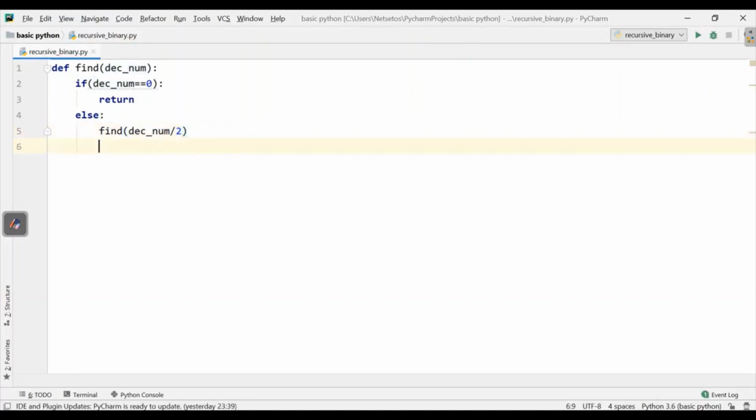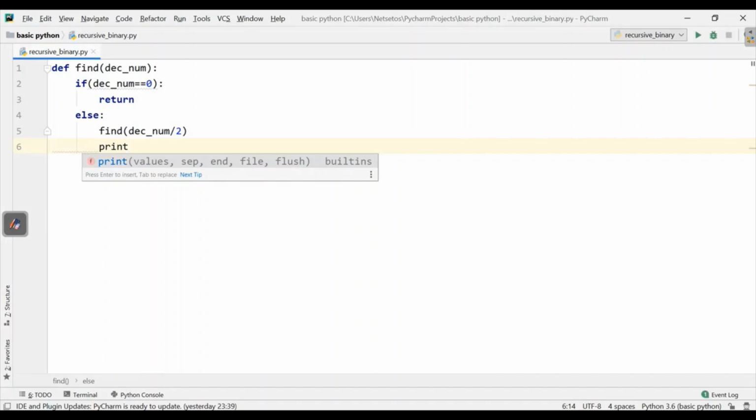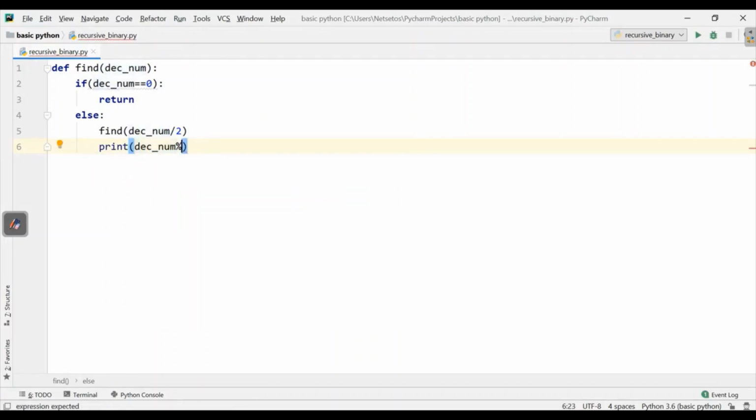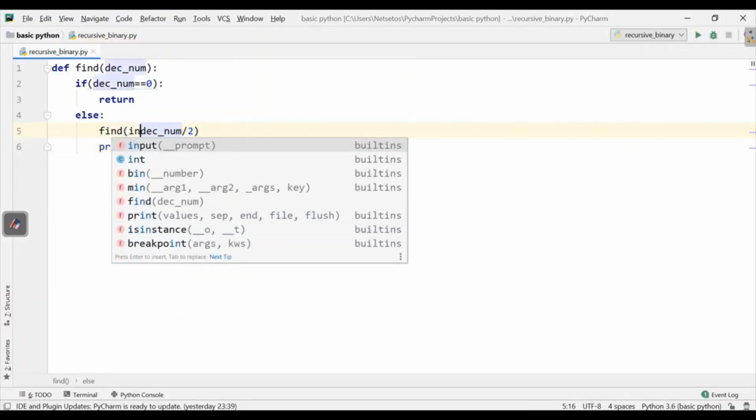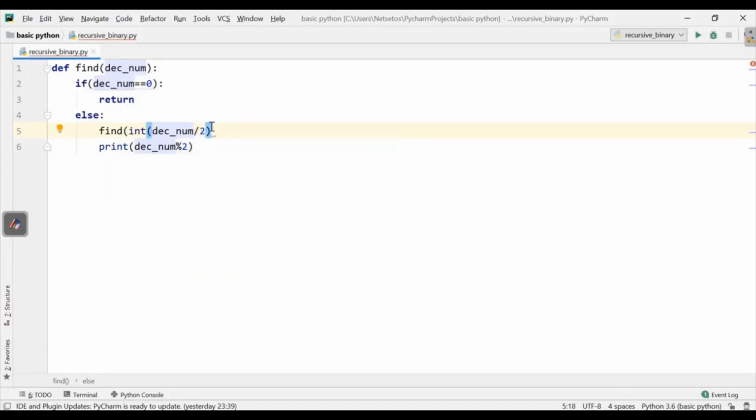And then it will print its remainder, and the remainder is always the number modulus 2. And here decimal by 2 should be an integer, so I'll write int and put parentheses here. Now I need to call this, so I'll write find decimal number, and for this I'll write, let's say, 9 only.